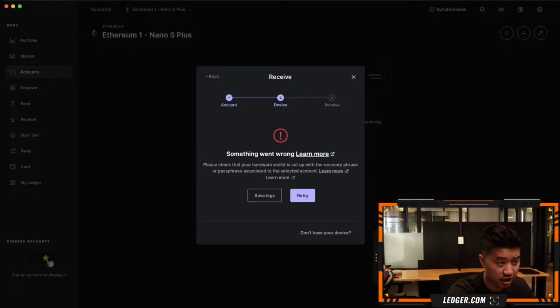This is a step that's very important. That's why you want to secure your recovery phrase, right? Your 24-word recovery phrase. Don't do what I'm doing, but you want to secure it in a location where any time you get this message, you can look back and be like, oh, I may have two recovery phrases. It may be on this device. This issue is really common with people who have multiple recovery phrases. Maybe this account was created a long time ago and it was associated with this recovery phrase. All right. And I'll show you real quick